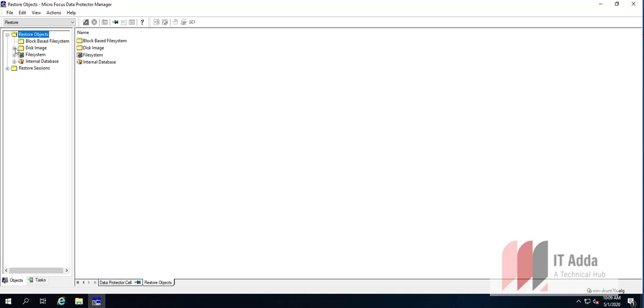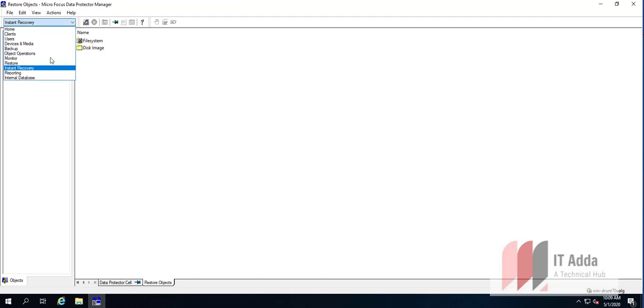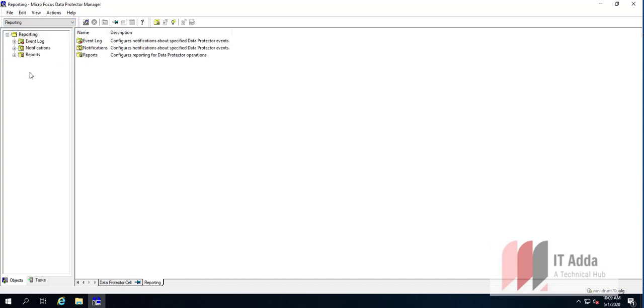Restore. This is the tab. If we are taking a backup, obviously we have to restore it. So this is the tab where we have to come and initiate the restore operations. Now the instant recovery. There are certain recovery features which Data Protector provides, and those advanced features we can get from here. Now it comes to reporting. This is where you generate reports when you need some information for your entire environment. This is the best place to get it from. So if I expand the report tab,